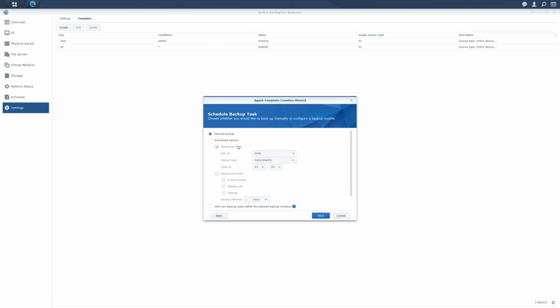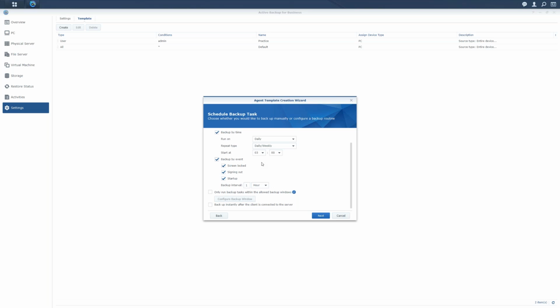So next up is the backup schedule. I'm going to highlight this because you're going to see the same sort of scheduling in a lot of the demos I'm going to show you as we go on today. You can back up by time. You can choose what days of the week you want to back up, and then how often you want to back up. You can do hourly backups if you want, and you choose when they start. For Active Backup for Business, because we're backing up Windows computers here, you can do backup by event.